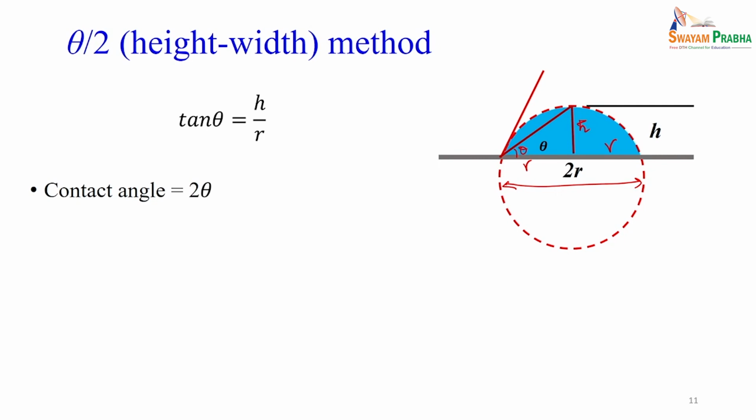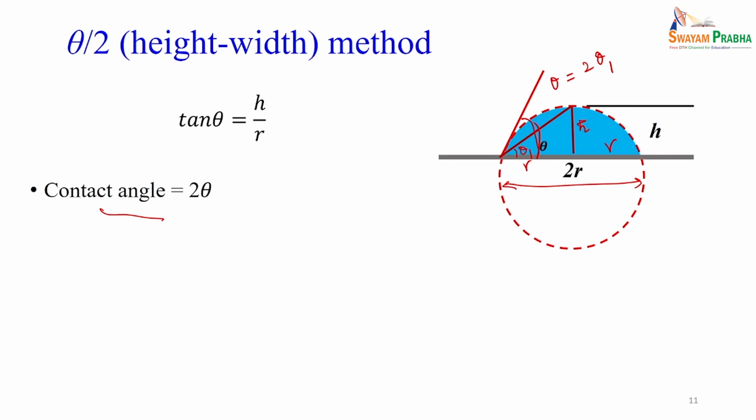This method is known as the height width method or the theta by 2 method. So, theta 1 is equal to tan inverse of h upon r, and the whole contact angle will be twice the small theta 1. This is another simplest method,